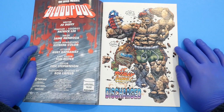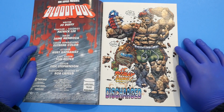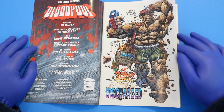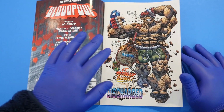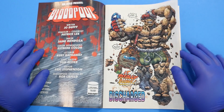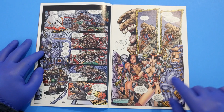Discharged. Written by Joe Duffy, penciled and colored by Patrick Lee. And it is Patrick Lee who I have a problem with. I am guessing this is one of the first comic books Patrick ever penciled way back in August of 1995 when this came out. This occurs immediately following the government shutting down the Bloodpool program. See, if you don't know, the Bloodpool program was where basically Youngblood cadets would find out if they had what it took to cut the mustard and join Youngblood. And all these kids are fine, but the art,